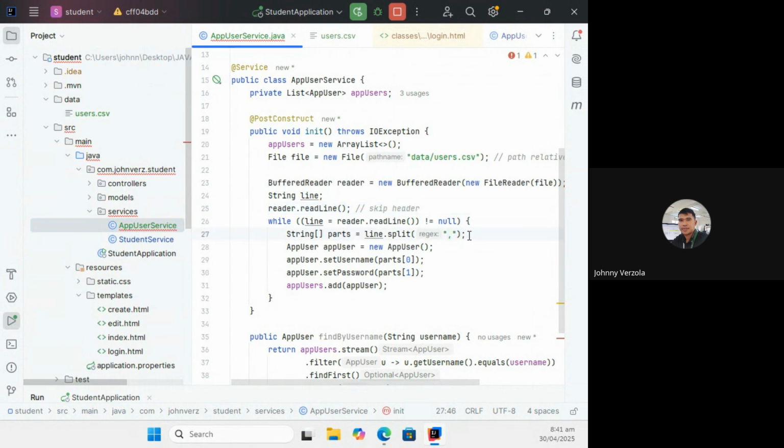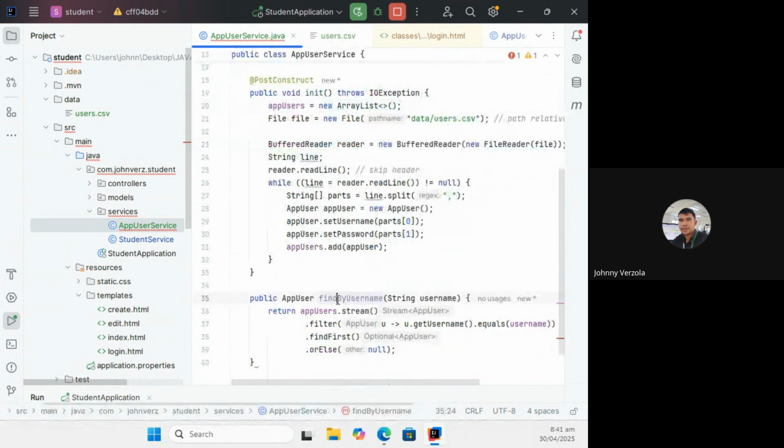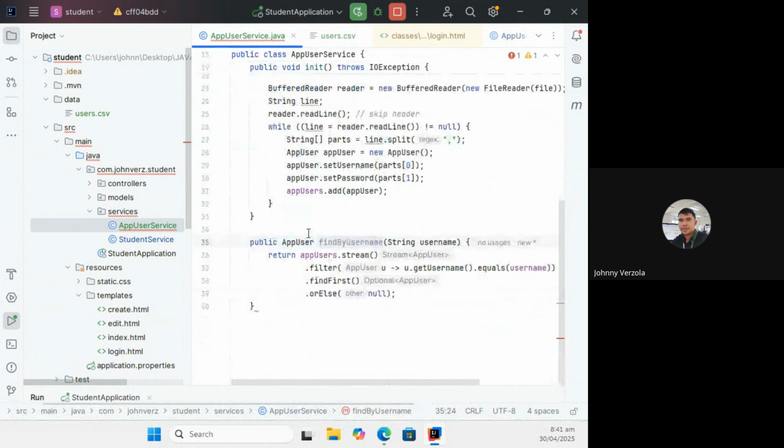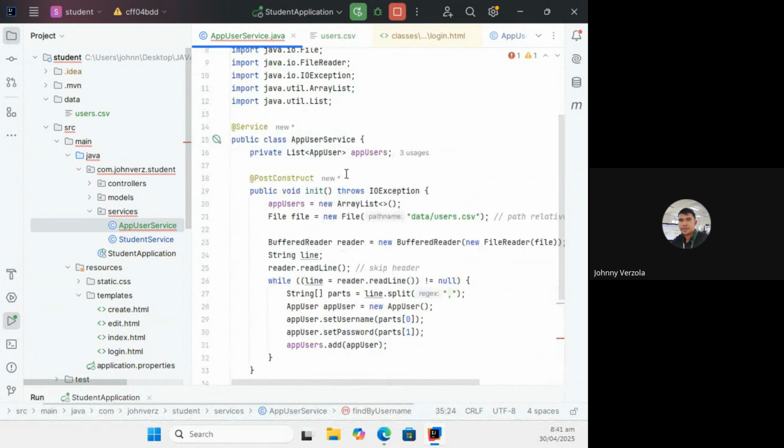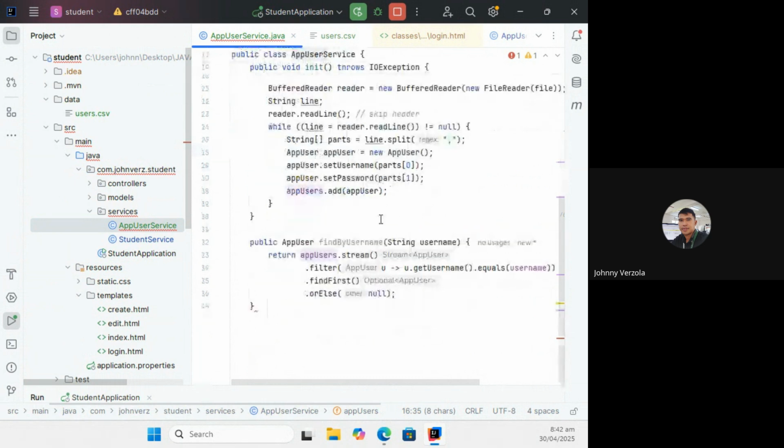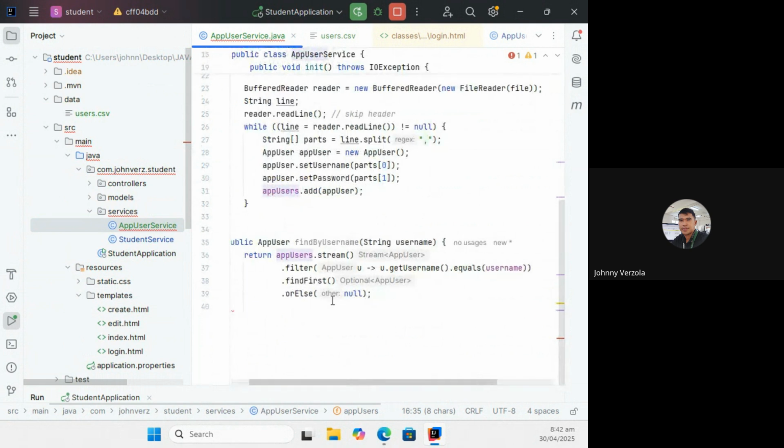You're going to split every individual row by comma, then create an app user object, and then add that app user object to our array list. We also have here a find by username method. The purpose of this is to look up a specific user by username. It's just a helper method. This is the same as how you did it with the search functionality.